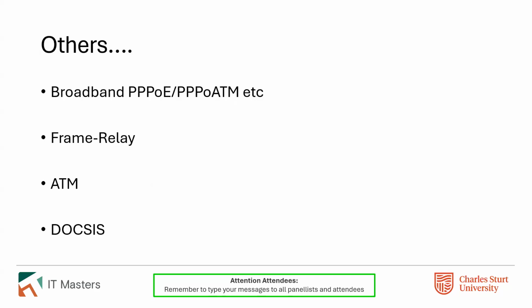Okay, and then in terms of others, there's a few other forms of WAN to talk about here. Obviously, anything that internet can be carried over, a WAN can also be carried over. So some of the technologies that, say, NBN will use: DOCSIS is the standard cable modem, the hybrid fiber coax (HFC) cable modem. Mentioned ATM and frame relay already. And then there's PPPoE or PPPoA (PPP over ATM) as well as other options for forming these sorts of networks. A lot of these are a bit older. You're less likely to see them, with the exception of DOCSIS, which NBN is still using.